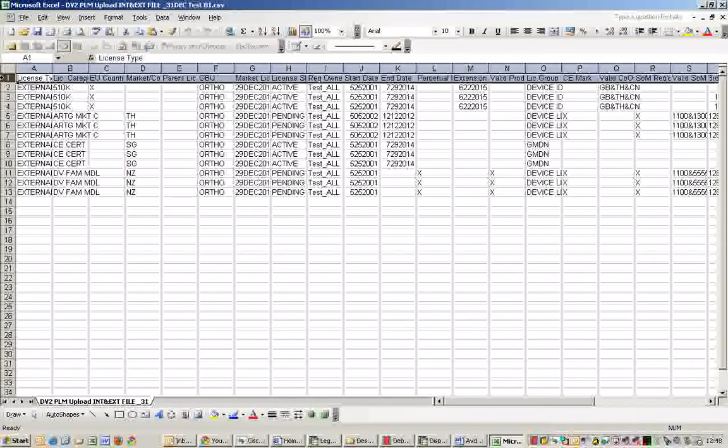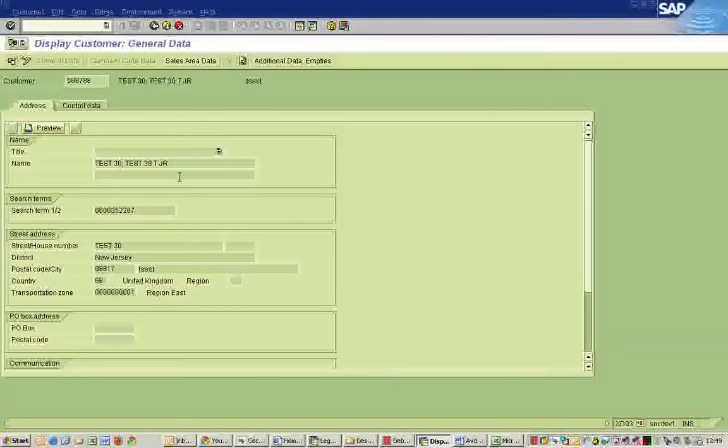So these are the fields which you want, and then you have to give this Excel sheet to the business, to ask them to please provide the data in this required format. So they will give you data in this required format, and in the meantime what an ABAPer will do is create a program basically to upload this transaction or run this transaction in background. That can be a BDC, batch data communication, or an LSMW.